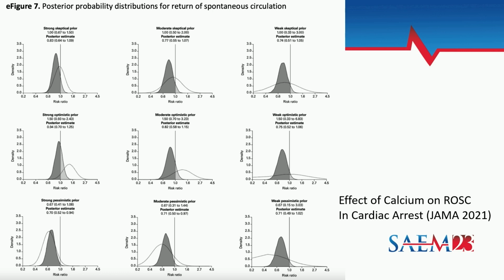So this is taken from a 2021 article looking at calcium given IV or IO in ROSC or cardiac arrest patients. What's interesting about this is that it was done with a primary analysis that was frequentist, p-values and everything, but they did a Bayesian analysis where they implemented different priors, and you'll see this in any of the more recent studies that are putting Bayesian methods into place. They put in these different priors. So there's a strong skeptical prior, where I have very little information ahead of time and I think that calcium is not going to be effective, all the way to an optimistic prior, where I think that calcium will have a more